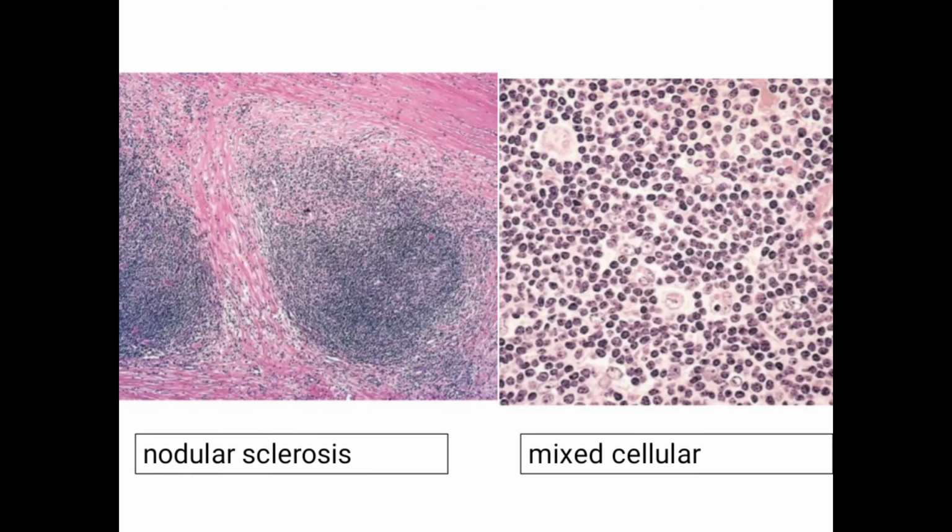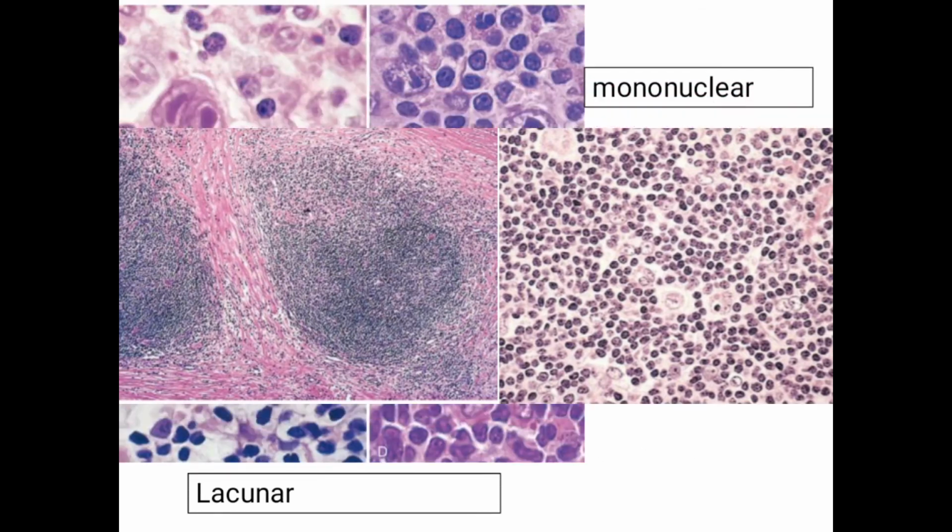The first one is nodular sclerosis. We can see nodule formation and sclerosis. The word sclerosis means thickening or fibrous. So we can see fibrosis around and the nodule formation. Second one is mixed cellularity. The word itself says mixed. Therefore, here there are many cells like Reed-Sternberg cells, lymphocytes, plasma cells, histiocytes, eosinophils. Normally the slide looks mixed.